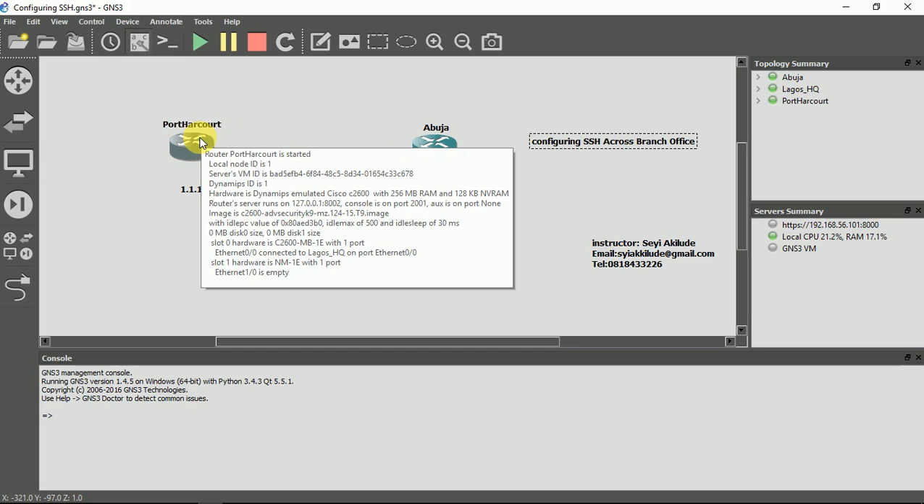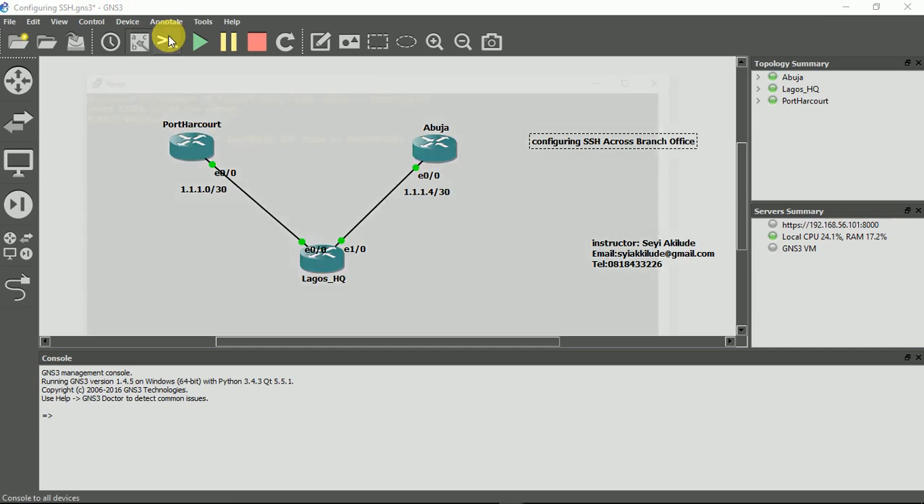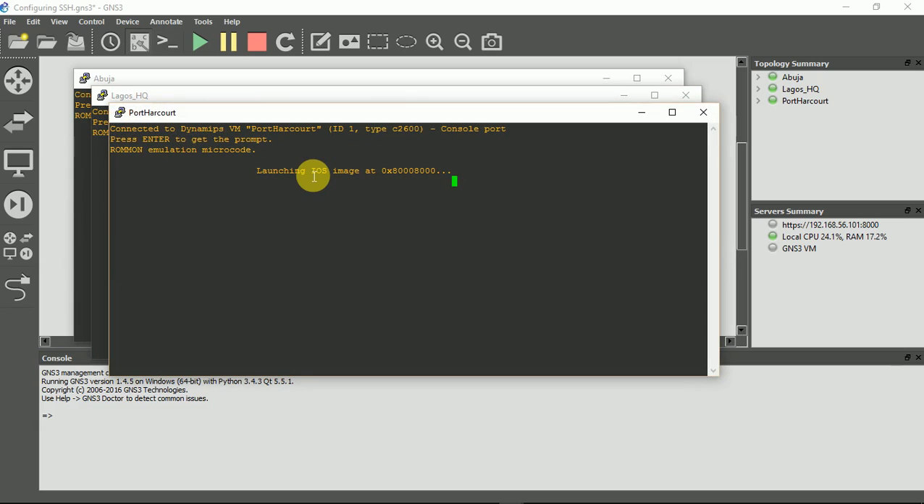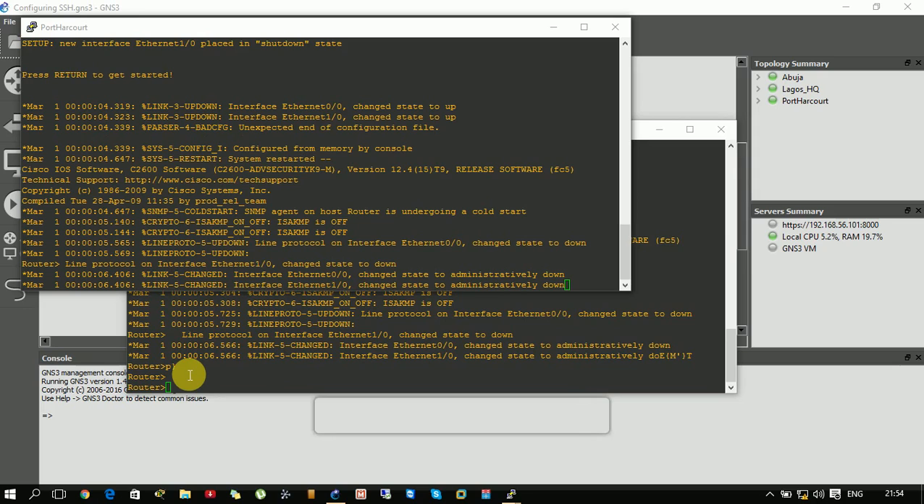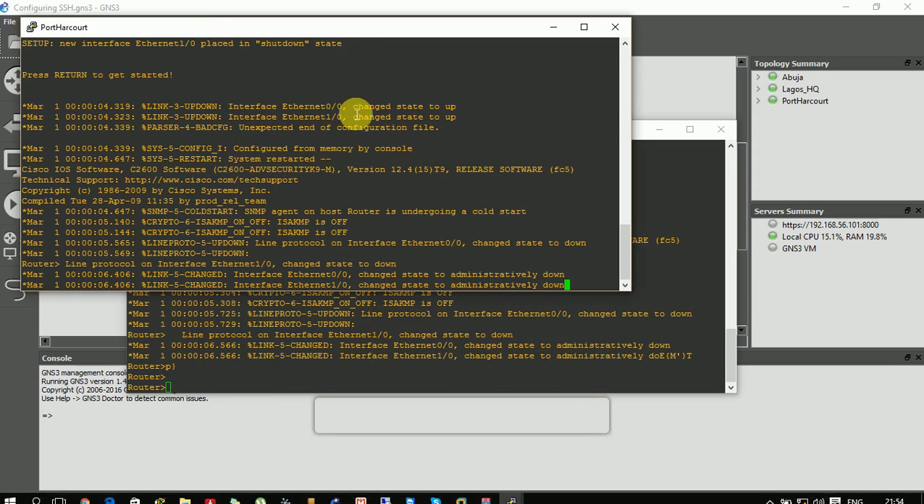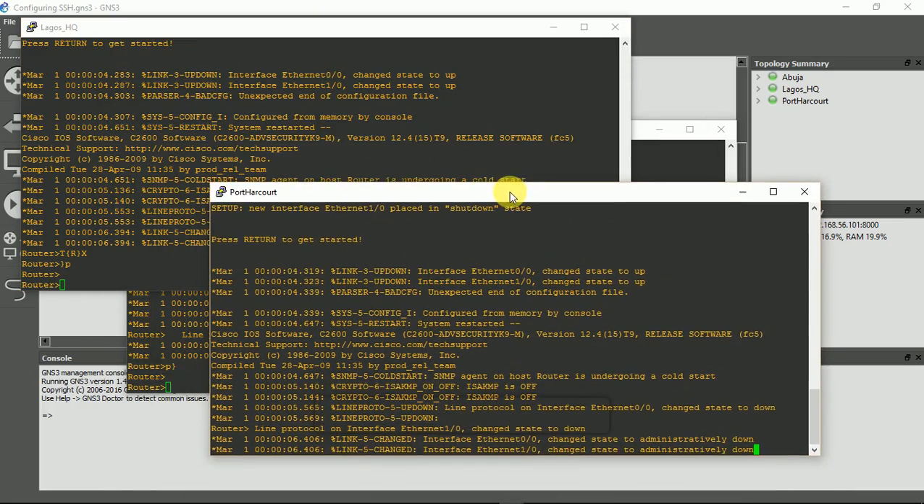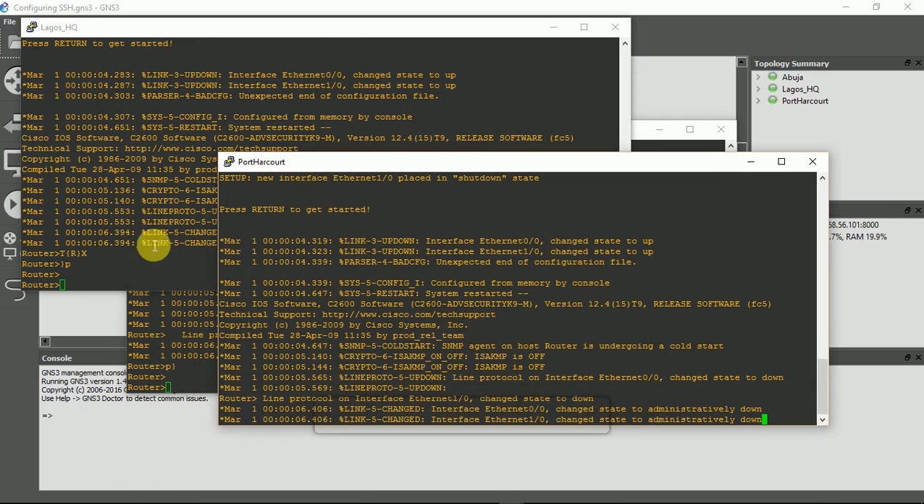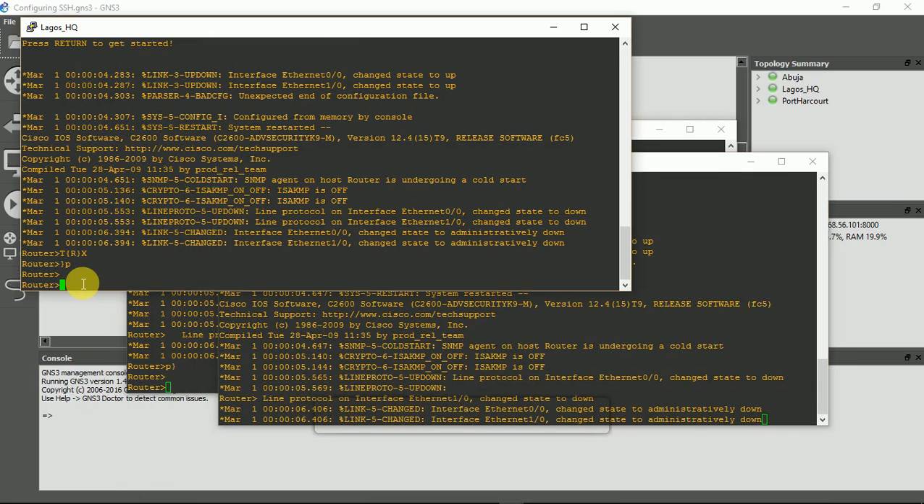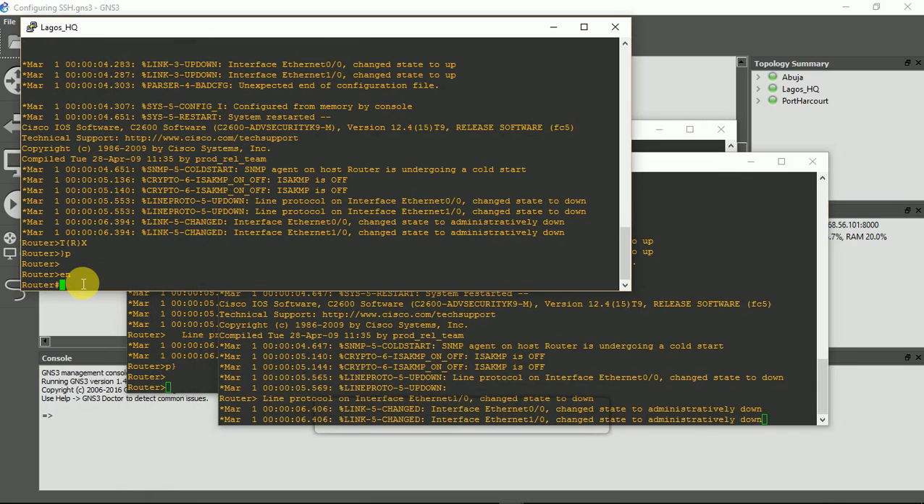I'll switch on my console port. My router is back now, so I can start my configuration. These are my consoles, and they are all opened. So let's start with the configuration. Let me start from Lagos. I go to enable mode and do my